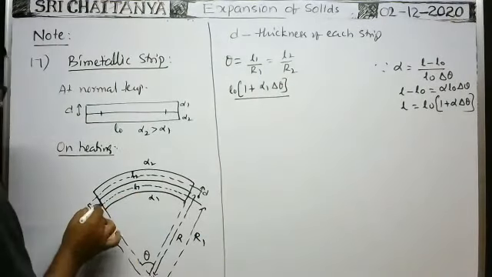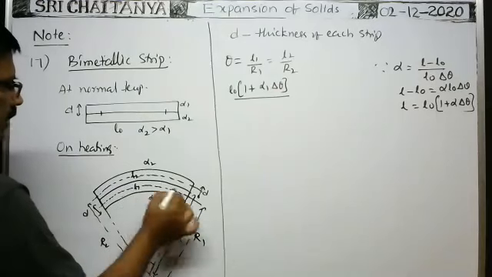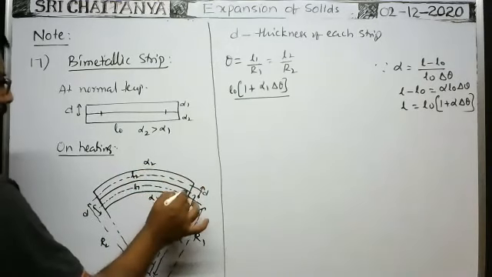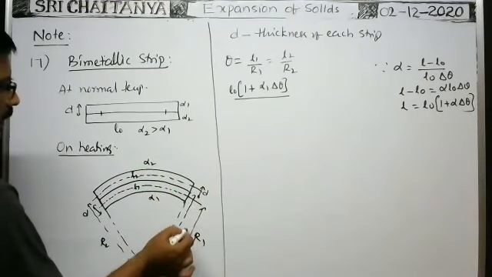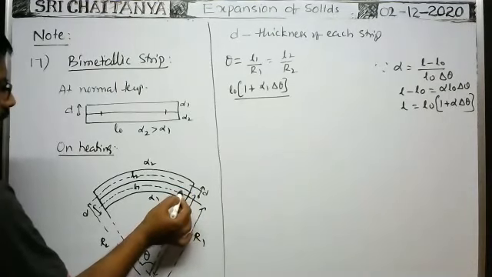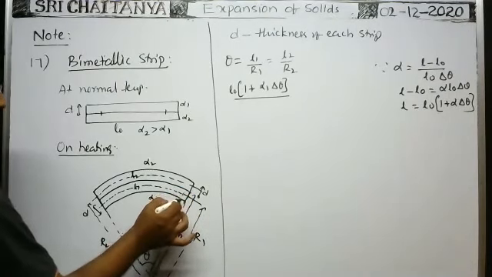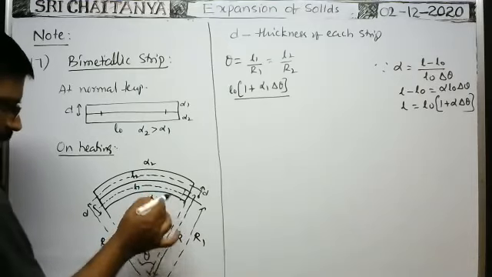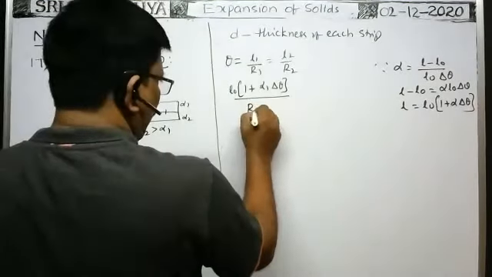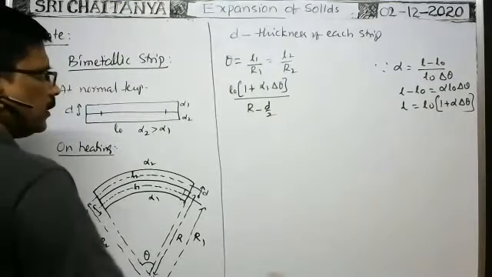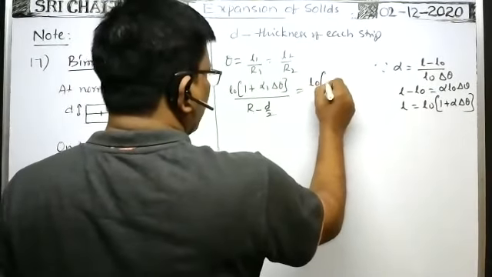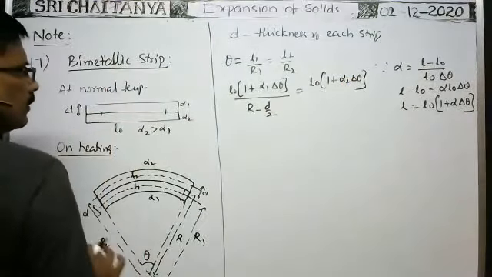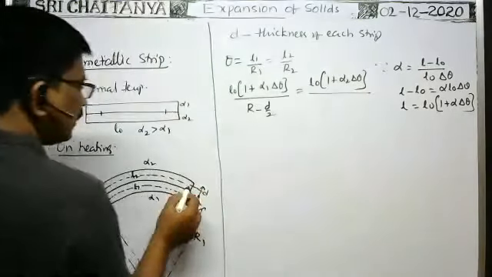What about R1 here, the radius of this part? The radius of this bimetal strip is capital R, at the total thickness midline. But R1 is R minus d by 2. This length is equal to d by 2 because the thickness of the strip is d. So from R you subtract d by 2. Then the radius of this lower metal strip is R1 equal to R minus d by 2. That is equal to L0 into 1 plus alpha 2 into delta theta, because both initially have the same length, by R2.